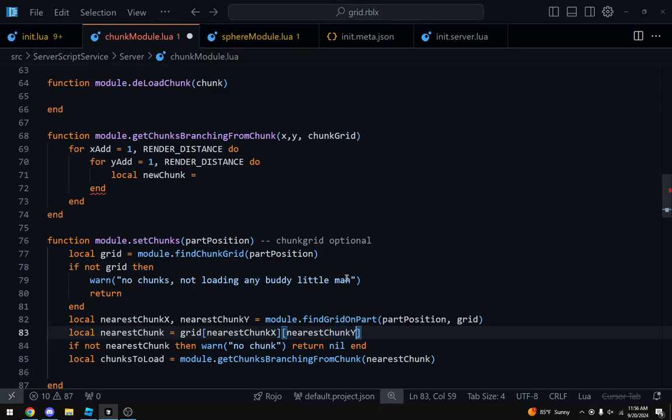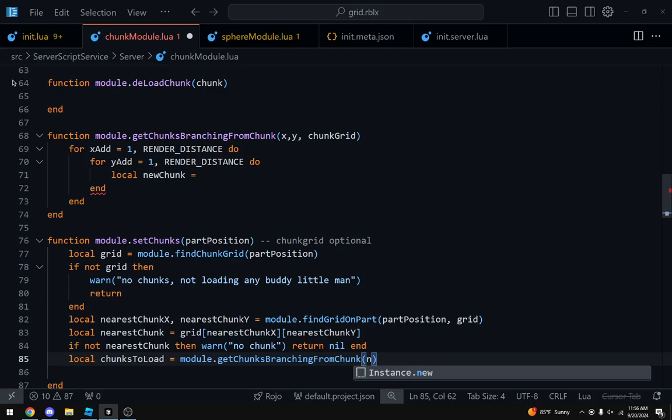If not nearest chunk, then get branch, and then we could do nearest chunk x, nearest chunk y, and then we need the grid.